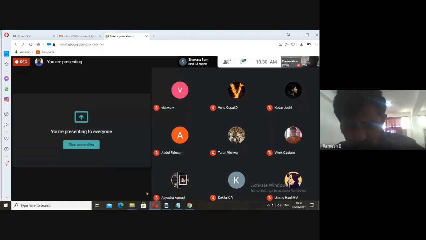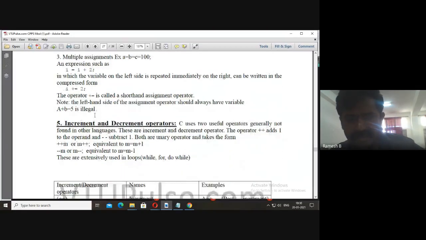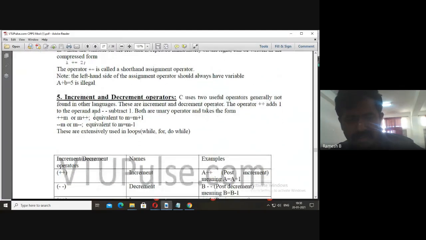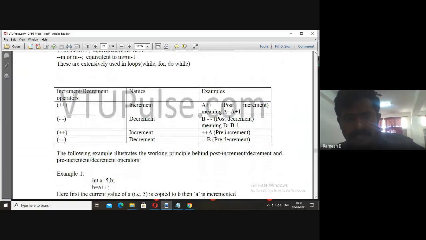Now, the next concept is increment and decrement operators. Plus plus is known as the increment operator, and minus minus is known as the decrement operator.